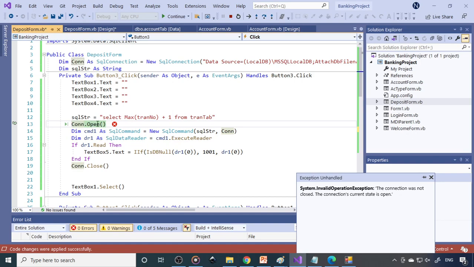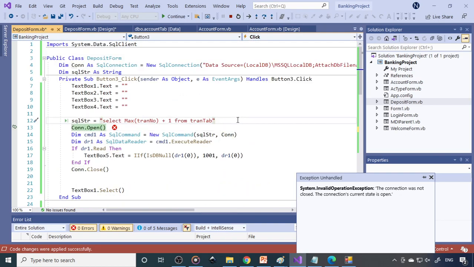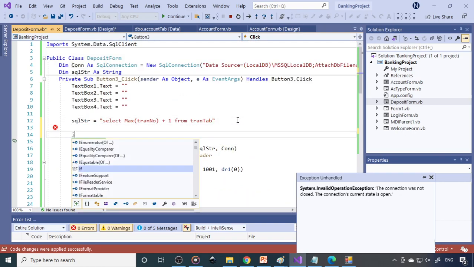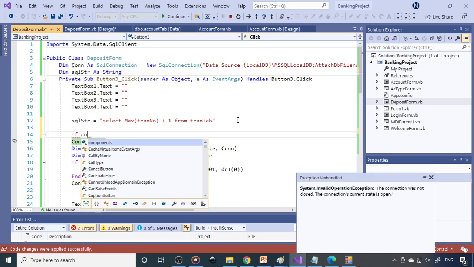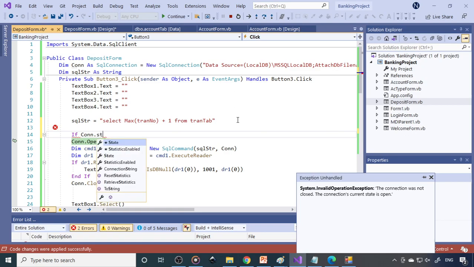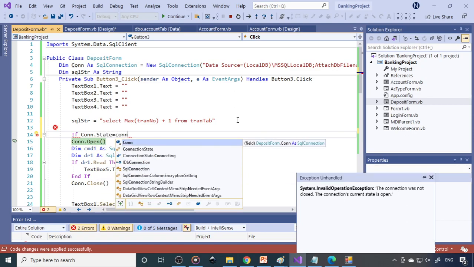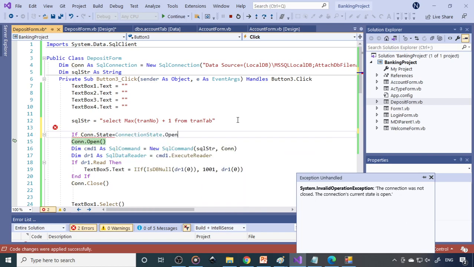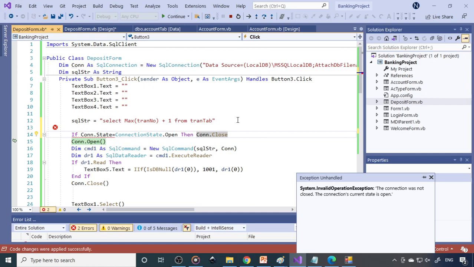Now you can see the connection dot open. It's already open, because there was an error here previously. Now how to solve this error? This error can be solved by writing an if condition: if connection dot state is equal to connection state dot open, then connection dot close.